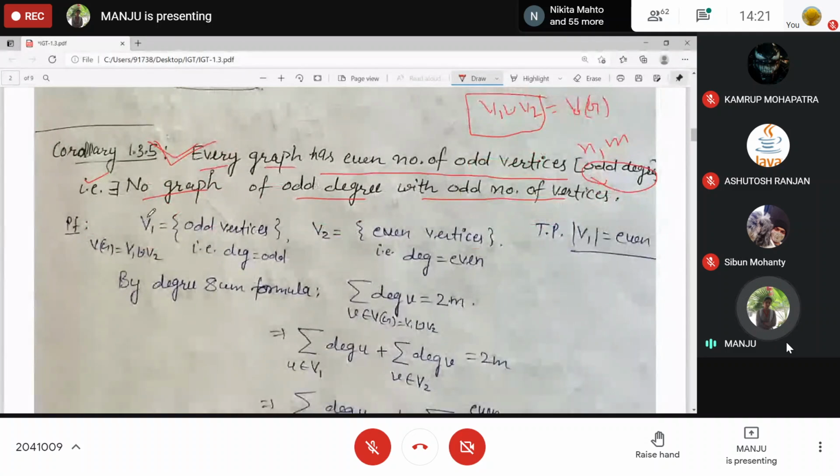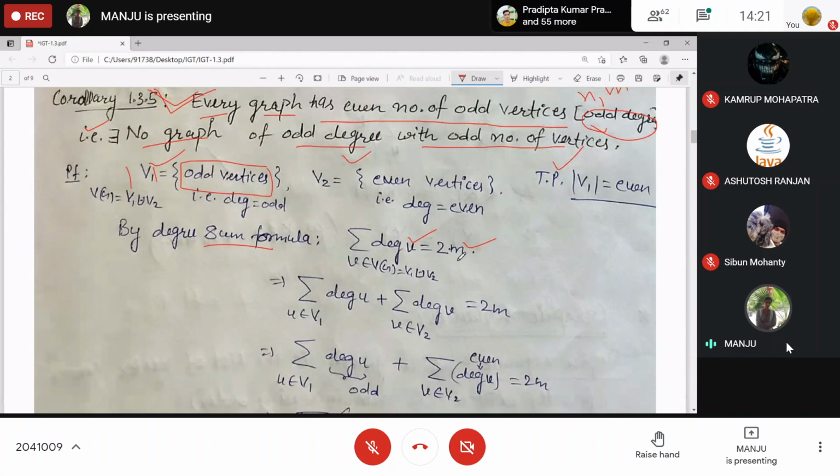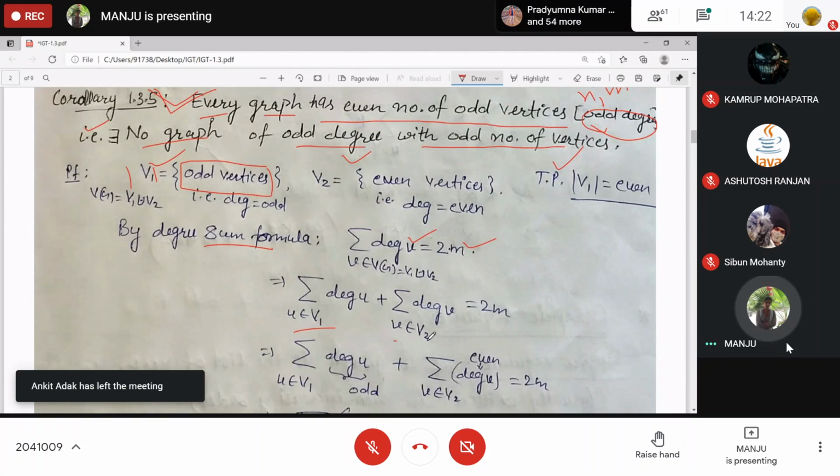So that's how we split it: V1 odd vertices, V2 even vertices. We want to prove that there are an even number of odd vertices, that is, the cardinality of V1 is even. By the degree sum formula, we split and rearrange as V1, V2. The total summation is even, so this one is even.